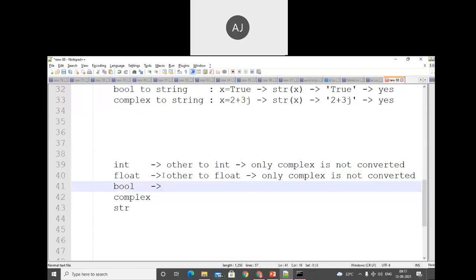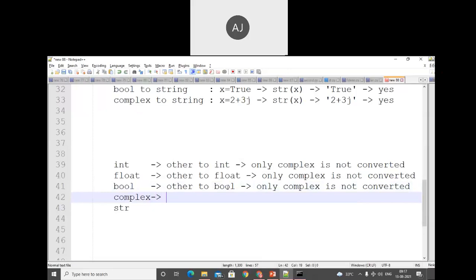But other to bool: int will be converted, float will be converted, complex is also converted. Okay, here there is no restriction. Full value, assume that the value is complex, it is not converted. Okay.